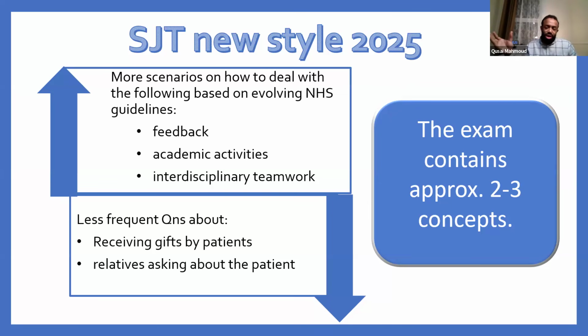So let's look at this from another angle. Why do they do that? Because, as I told you, you are at a level. I know most of us are already registrars or working somewhere else. We are not an actual F2, though some of us are F2 as well. So they are challenging you as a generic F2. They want this potential ST1 or CT1, potential colleague, potential registrar, to understand how to deal with a colleague at this very junior stage of your training. So I think that's why they are talking so much about feedback and colleague relationships. You really need to master these concepts.